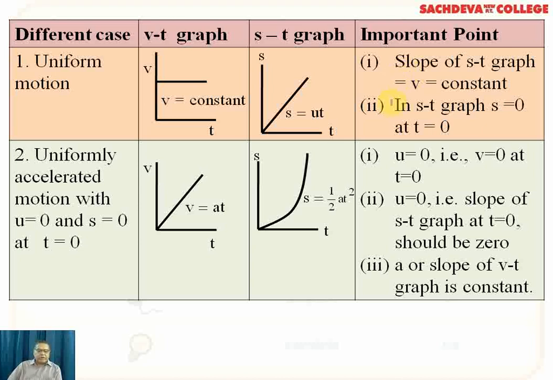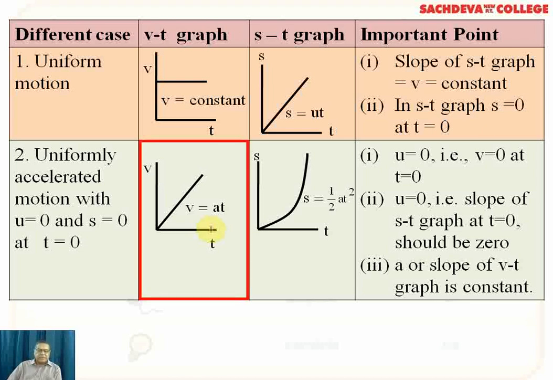Now the second point to remember is about uniformly accelerated motion. In uniformly accelerated motion, the points to remember are that V is equal to U plus AT, S is equal to UT plus half AT square, and 2AS is equal to V square minus U square. And the distance covered in the nth second is given as U plus A over 2 into (2n minus 1). That is for the horizontal motion. If it were a vertical motion, instead of acceleration we would have to consider acceleration due to gravity.